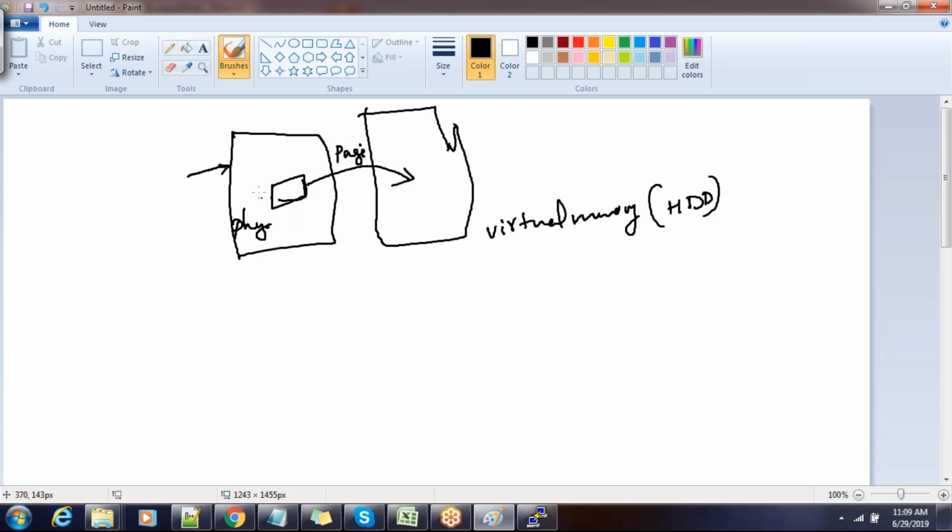Concept-wise, when the memory usage goes to a certain level, it will move those pages, the unit is called a page, to the hard disk. Basically that portion will be written into the hard disk, and that portion we call virtual memory.